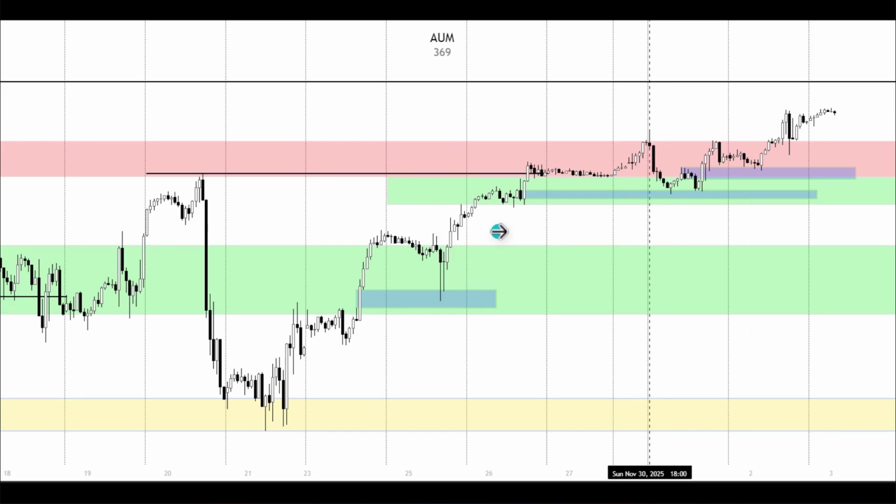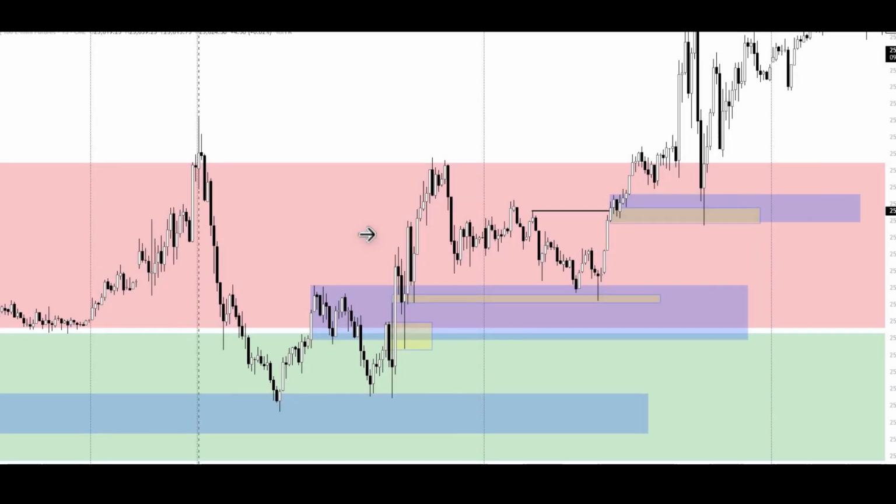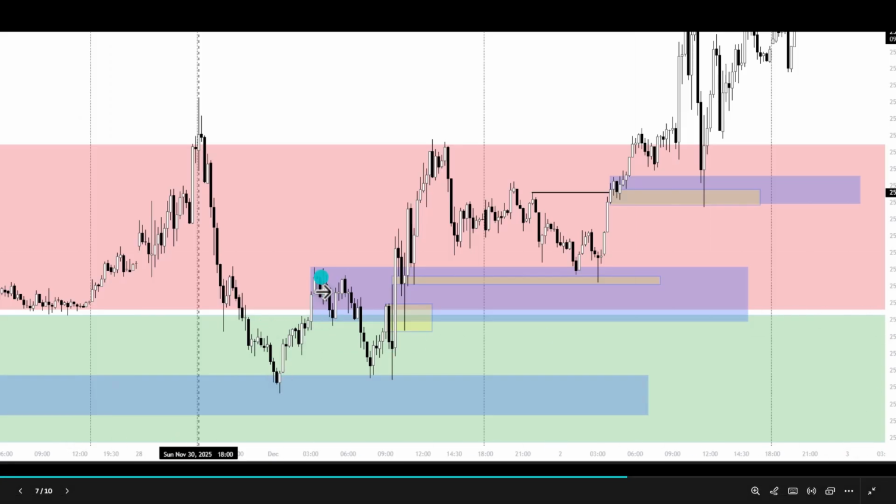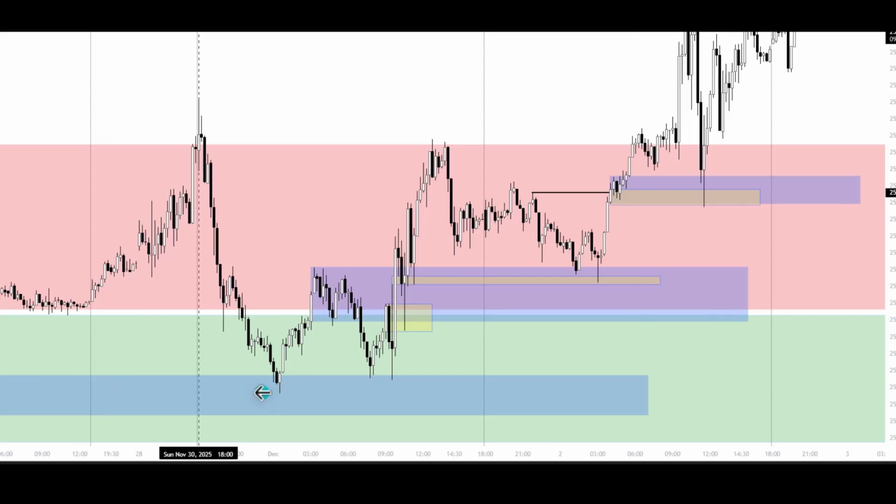Now let's move down to the lower time frame. As you can see, this is a 15-minute time frame. Price comes inside this FVG on the daily time frame. You can see multiple times in the London session, it comes inside this 1 hour key PD array. Again, in the New York session, it comes inside this 1 hour PD array and starts expanding. As it expands right here and closes above this on the 1 hour time frame, we will look for entries